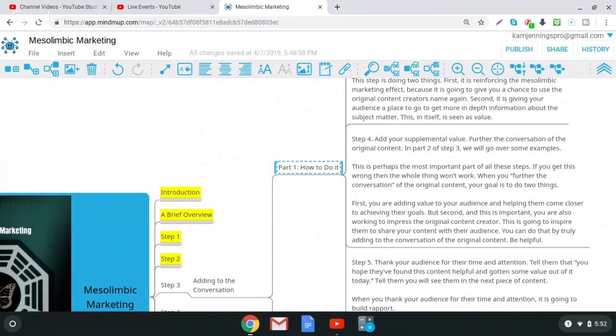Now in part 2 of step 3 over here, adding to the conversation, we're going to go over some examples of how you can add your supplemental value. Now, the supplemental value you're adding is the heart of your content. When you're creating this piece of content, this little step 4 right here, this is really the heart of the